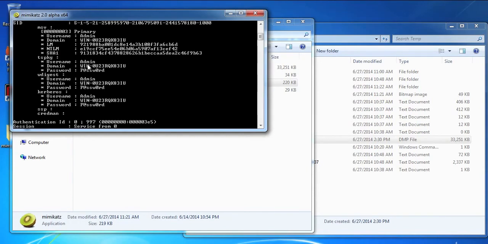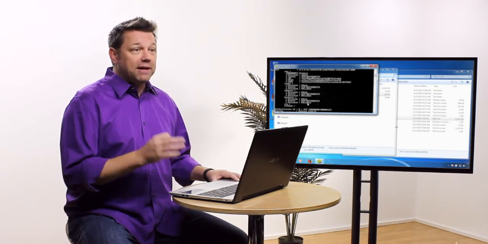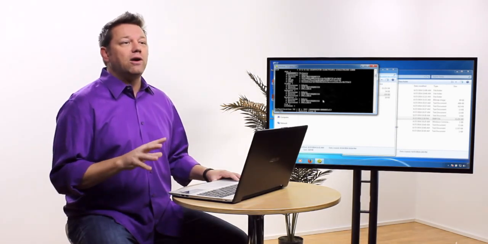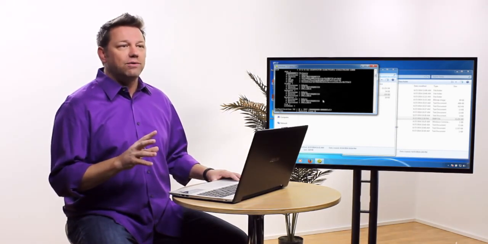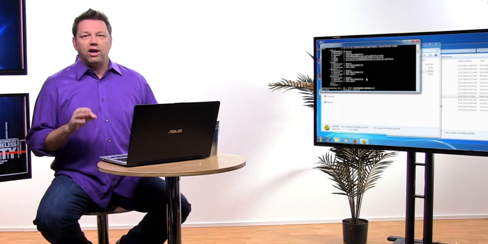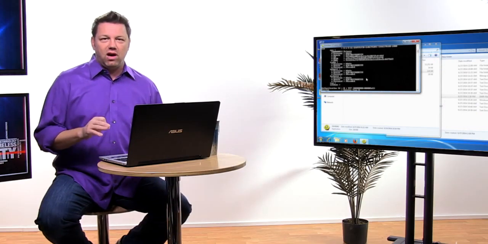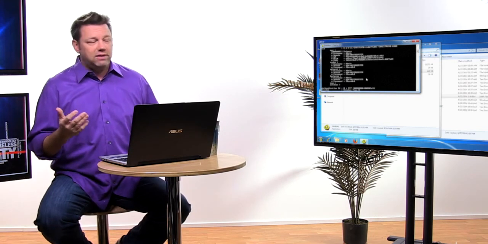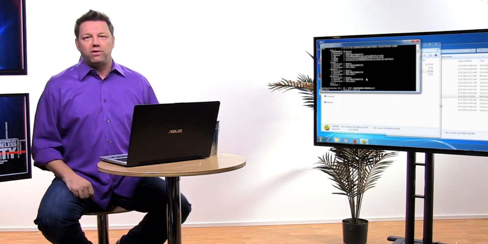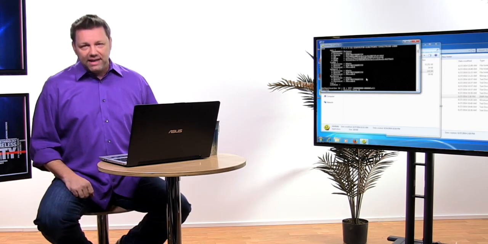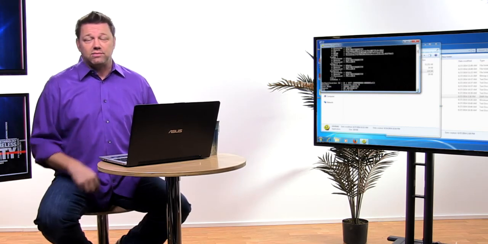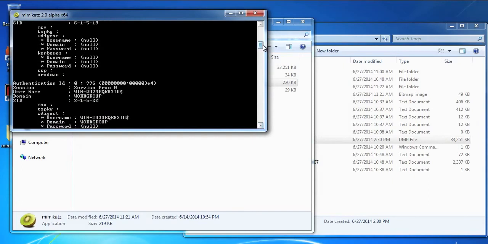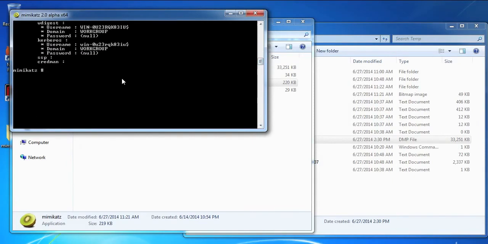Everything we need. Now notice that we have multiple entries for the same account, and that is due to different types of authentication methods in use. You can see here at the bottom the Kerberos entry. It's important to take note here that this tool can not only reveal the passwords of the account or accounts that are currently logged in, it can also reveal any previously logged in users. Maybe it was a day ago, maybe it was longer. It will all depend on whether or not the area of memory was needed, or in this case, if the system was restarted.